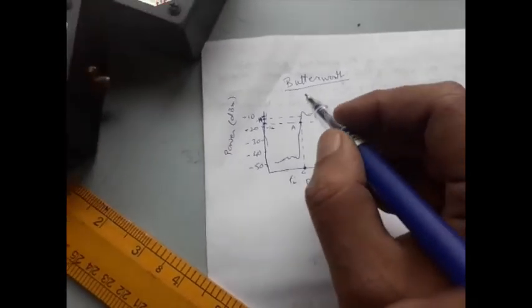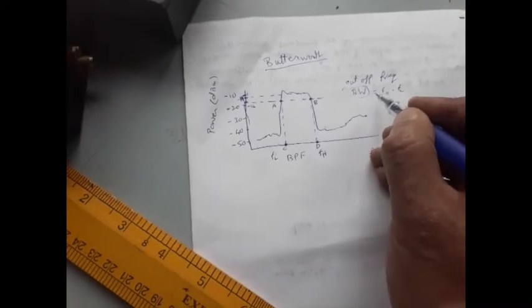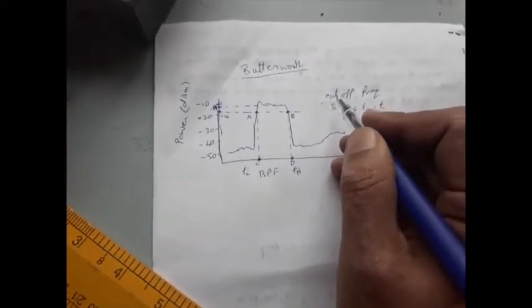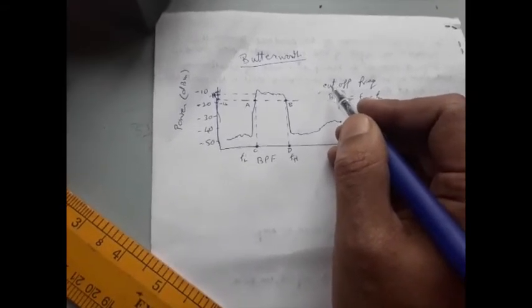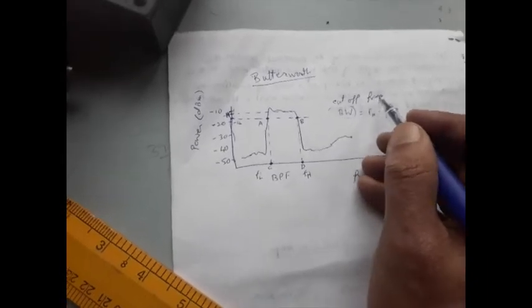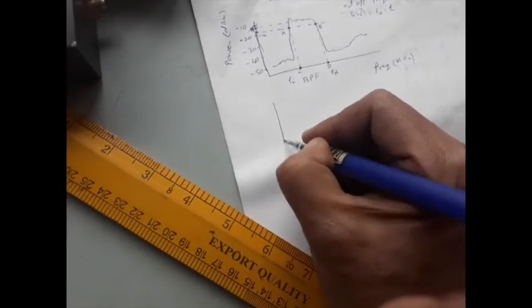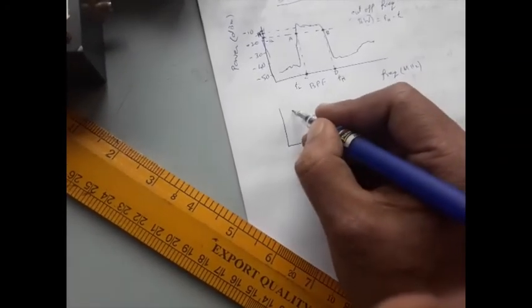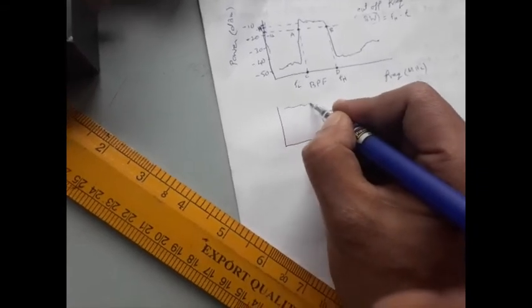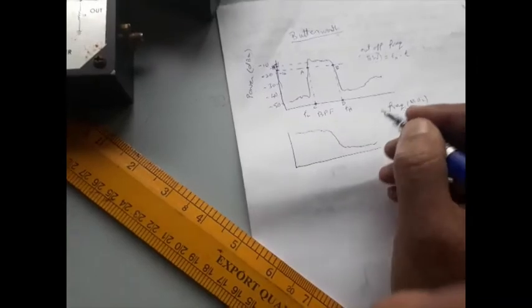Again, I am telling that you have to calculate this bandwidth only for the band pass filters, but for high pass and low pass filters you don't require to calculate the bandwidth. Only thing is that you have to calculate the cutoff frequencies. Okay, procedure will be the same. For example, if we want to get the cutoff frequency of a low pass filter, it will be something like this, low pass filter.